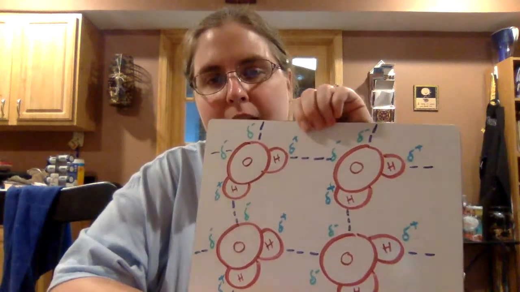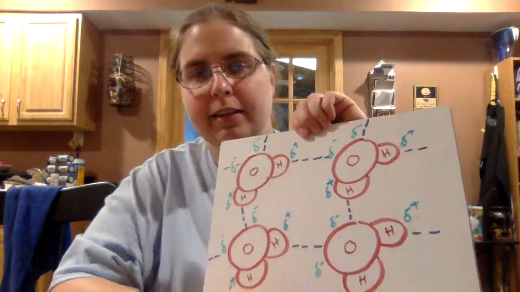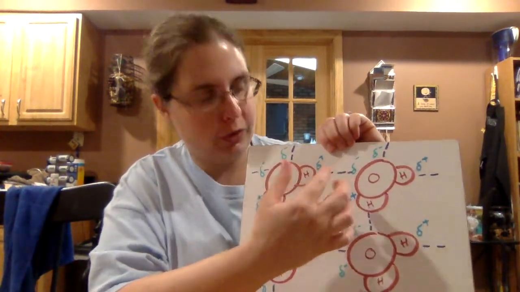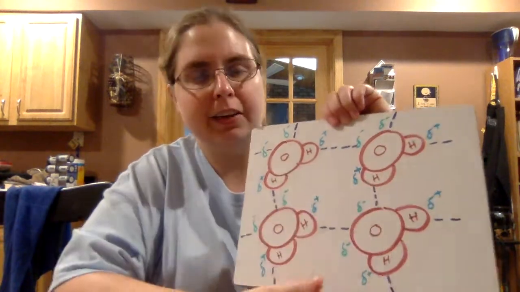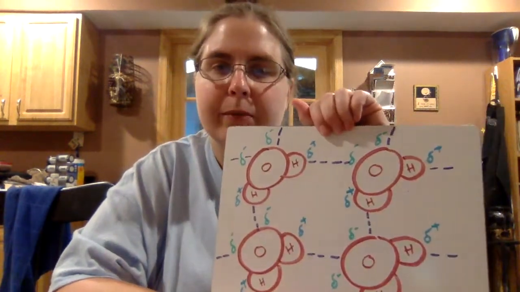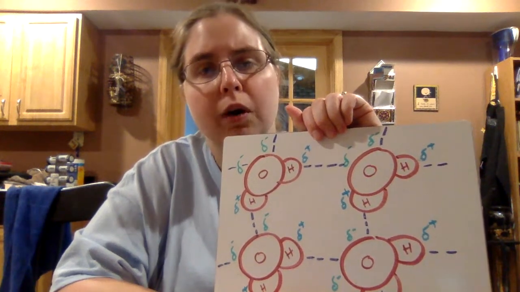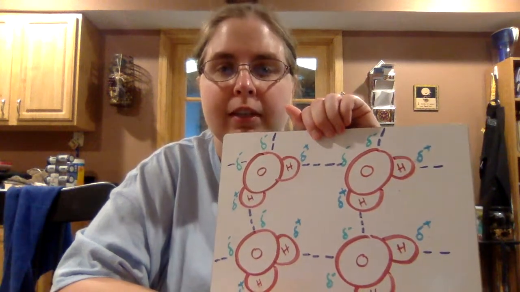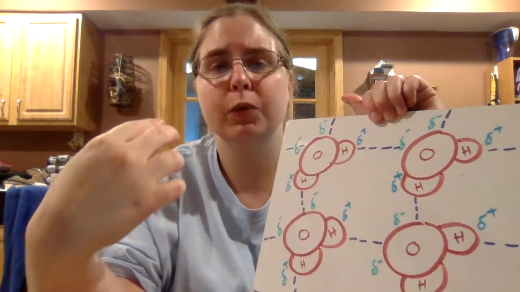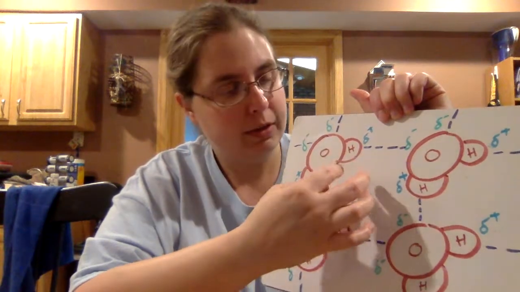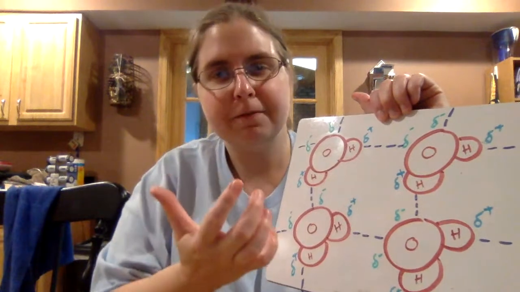So what this means is that they form a weak attraction to each other, not quite a full bond, but similar to it, and that allows them to stick together. Now, the reason why they're able to form this intermolecular attraction is because water is a polar molecule. Now, polar meaning that there's something different about the 2 ends of it, and that has to do with charge and electrons. When the oxygen and the hydrogens bond together, it kind of forces all of